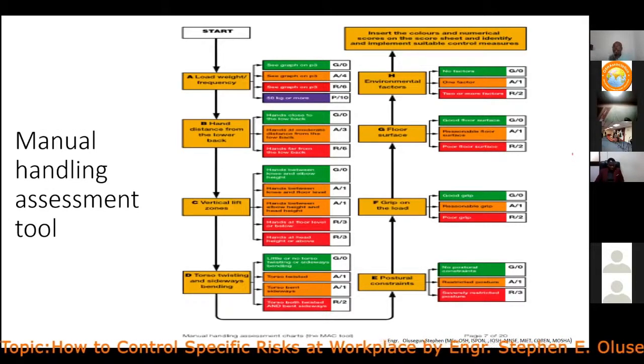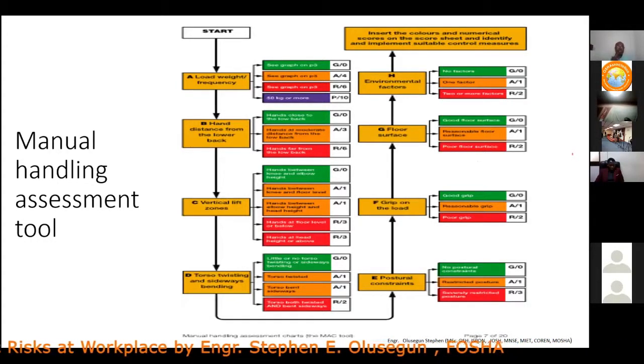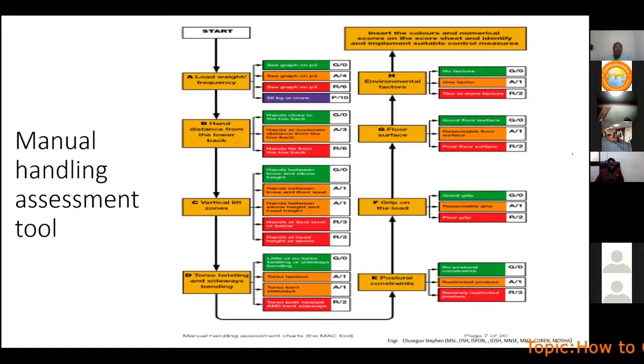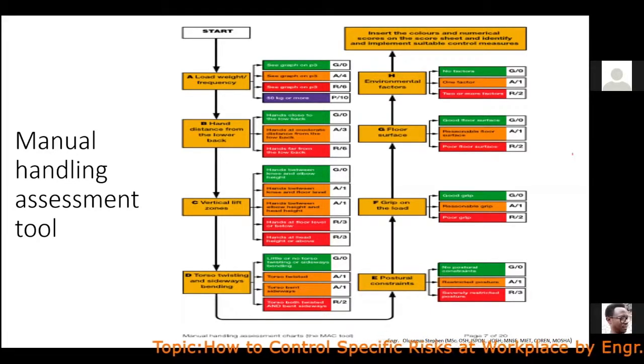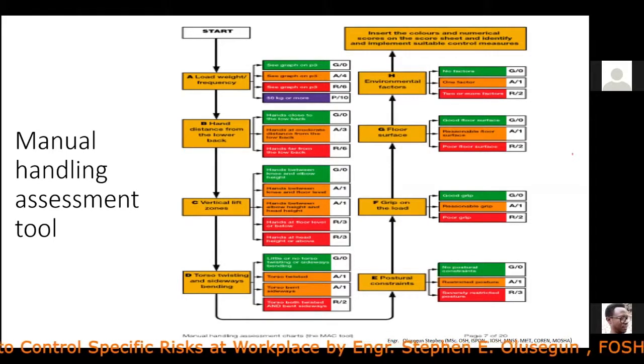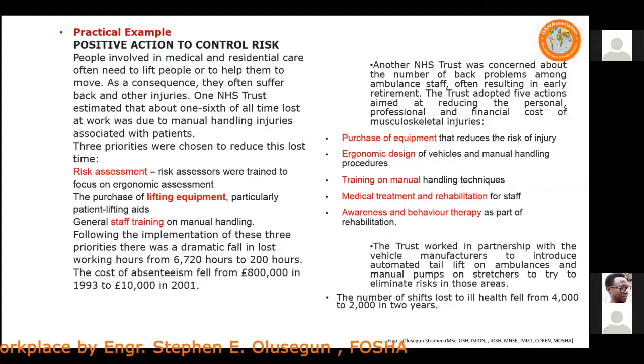Don't forget, we are looking at the specific control for all these risks. Before you can do a proper risk assessment, before you can put a proper control into manual handling, you will need to control the load weight. You need to control the distance. You need to consider the distance at which you are moving, the vertical lift zone, the torsion, whether you are twisting, the environmental factor, the flow factor, the gripping factor, the posture. You have to put everything onto this chart, and this chart will bring out the result at the end of the day to tell you whether this man is at risk or not. And so,